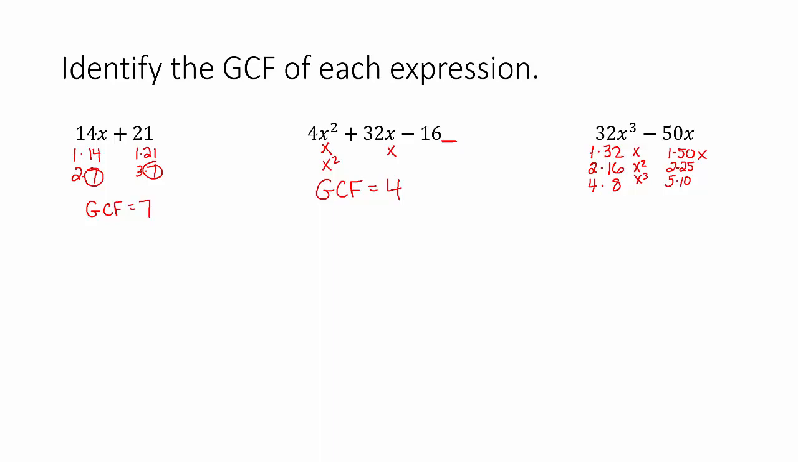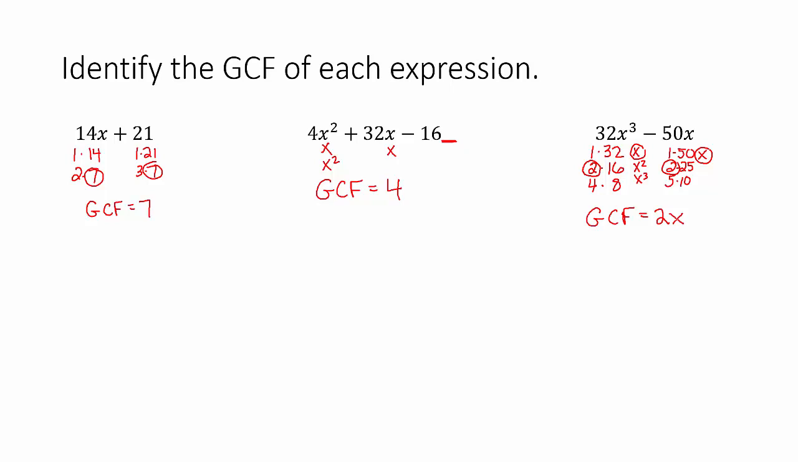So what is the biggest of these numbers that they have in common? Well, it looks like 2 is the biggest of the coefficients, and then x for the variable. So the GCF here would be 2x. Now let's talk about one more thing that we like to do once we identify the GCF